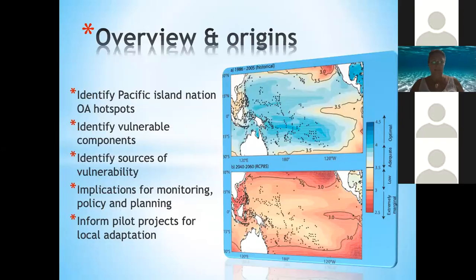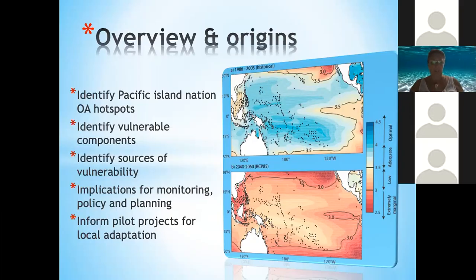So it is a very large area that we were looking at. It's that tropical Pacific Island region between Australia and across to Pitcairn Island, which is the furthest east island. It also includes Micronesia, but not Hawaii. And you can see there on the map some of the ocean acidification projections under RCP 8.5. So that's a high emission scenario into the future. So business as usual, very little mitigation of greenhouse gas emissions into the atmosphere.